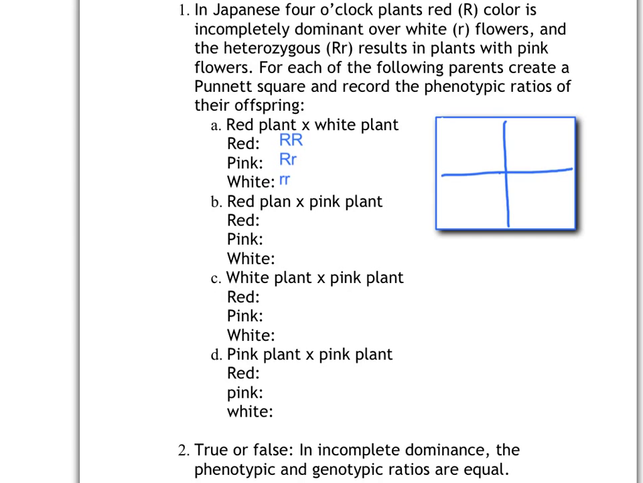So in Japanese 4 o'clock plants, red color is going to be designated by the allele big R, and that's incompletely dominant over white flowers, which we're going to call little r. It's not recessive. I know it's lowercase. It's not recessive. They're incompletely dominant. I just picked an allele, little r. And the heterozygous, big R, little r, two different alleles, results in plants with pink flowers. For each of the following parents, we're going to create a Punnett square and record the phenotypic and genotypic ratios